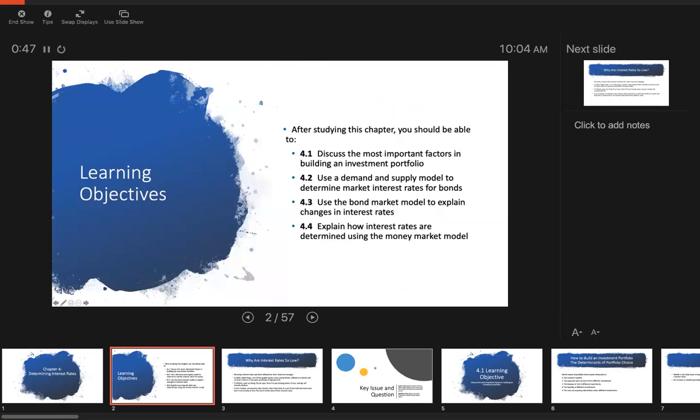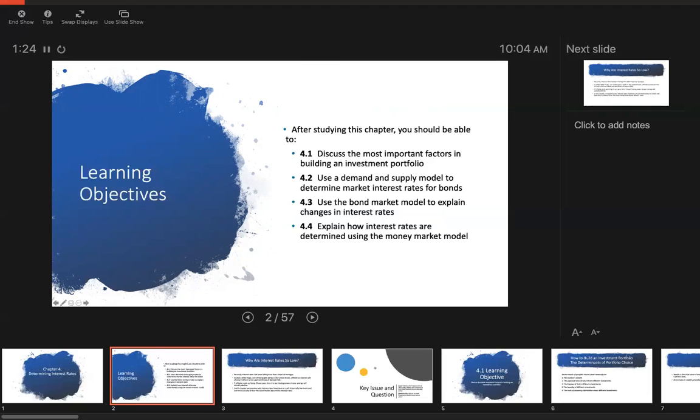There are four key ideas that we'd like to discuss in this session. The first thing is to talk about what important factors are involved in building an investment portfolio, right? What we're trying to achieve with this course in money, banking and the financial system is to get a basic understanding of all the component systems of the financial system, which begins first of all with understanding what the units of the financial system are, and then how we bring them together into a portfolio which makes sense, right? So we'll talk about some important factors in building an investment portfolio,